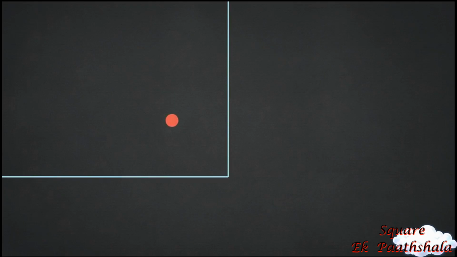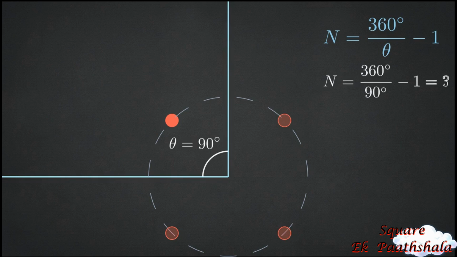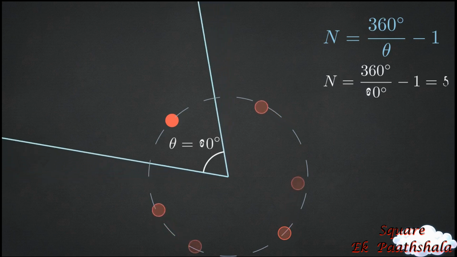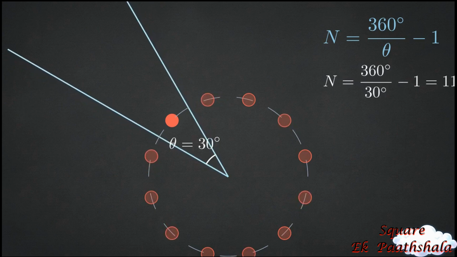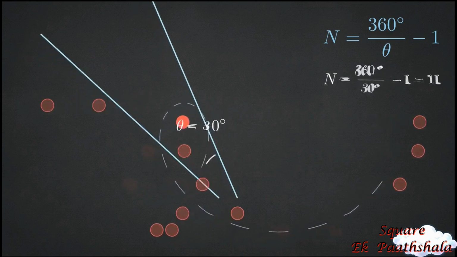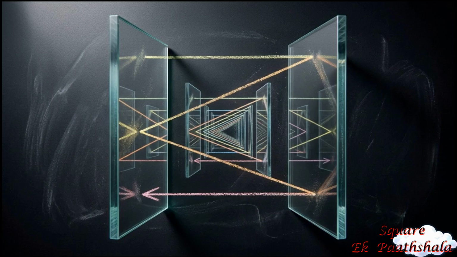Before we finish, let's look at one final visual trick. When you angle two plane mirrors toward each other, the light bounces back and forth between them. The exact number of duplicated images is dictated by the angle. You take 360 degrees and divide it by the angle between the mirrors. As the mirrors close in, the reflections multiply. If you push the mirrors until they are perfectly parallel, the angle hits 0. Dividing by 0 pushes the math to infinity, creating an endless tunnel of reflections, like sitting between two parallel mirrors